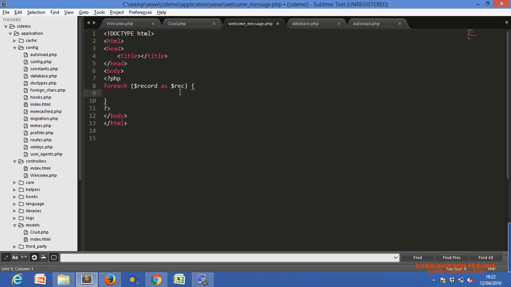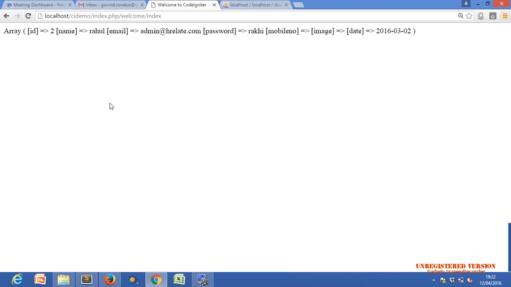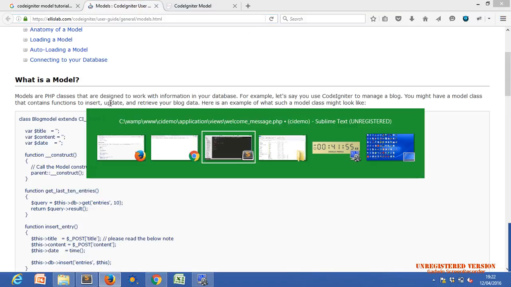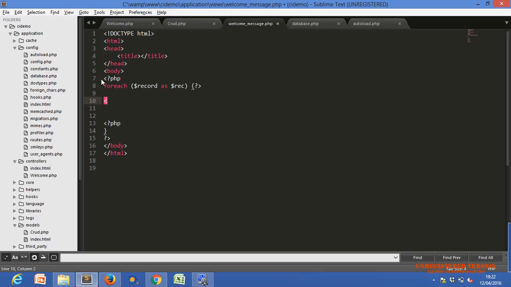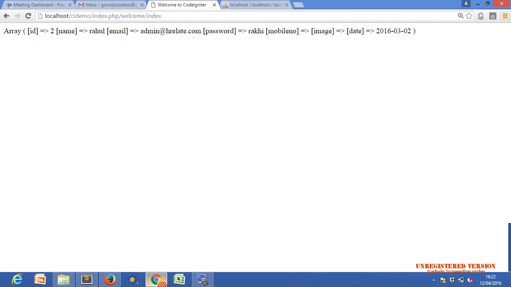I just don't want this, and PHP start. So this is for our foreach loop. In between here we can write our tabular format. Now we are going to fetch the records of TBL2 again. One second, let me go to TBL2.